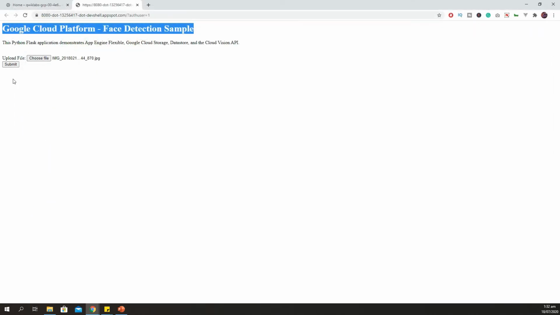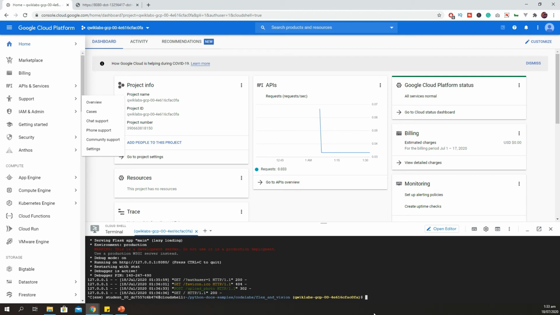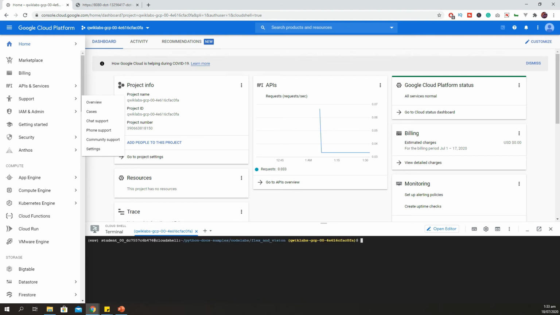There is nothing to worry about, and we can test this app. We have to select one image, and we will submit this image and see what the result is. If it's working fine, everything is working perfectly. Google Cloud is configured successfully. Okay, so it's working awesome. Perfect. So if our app is working perfectly in our local environment, as I have shown you using Cloud Shell, now what we have to do is deploy our app to App Engine.